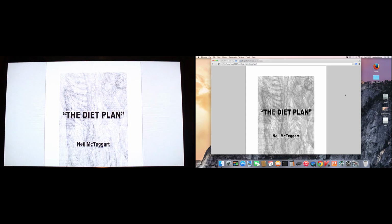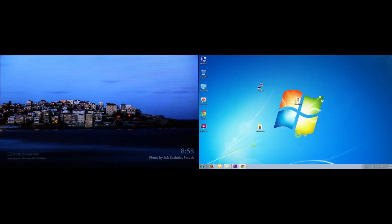Probably it does from Netflix, but the two methods I've tested, it just doesn't support that, and the 3D playback is a gimmick as well. Okay guys, now I'm going to show you the 3D playback from my desktop Chrome browser, and I'm going to show you that Chromecast at this stage doesn't support 3D properly, and it doesn't support 5.1 Dolby Digital and 7.1 Dolby Digital audio from the YouTube app and